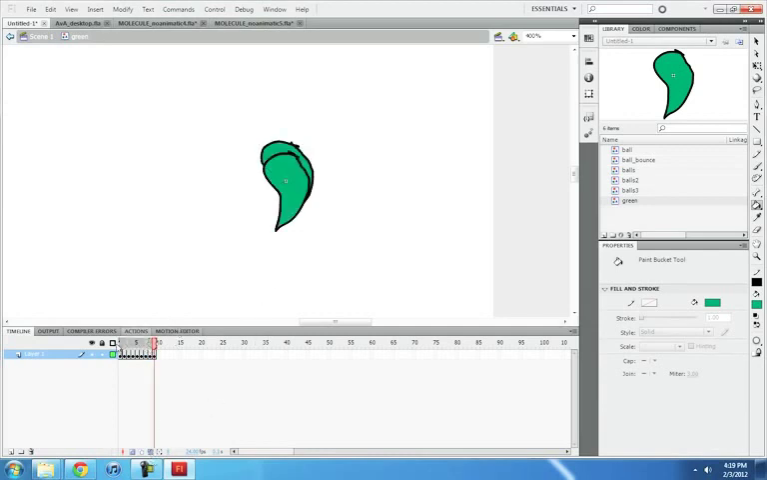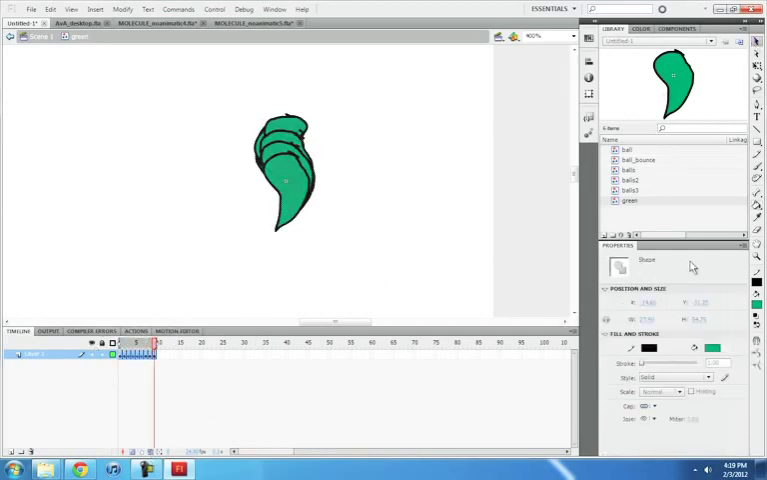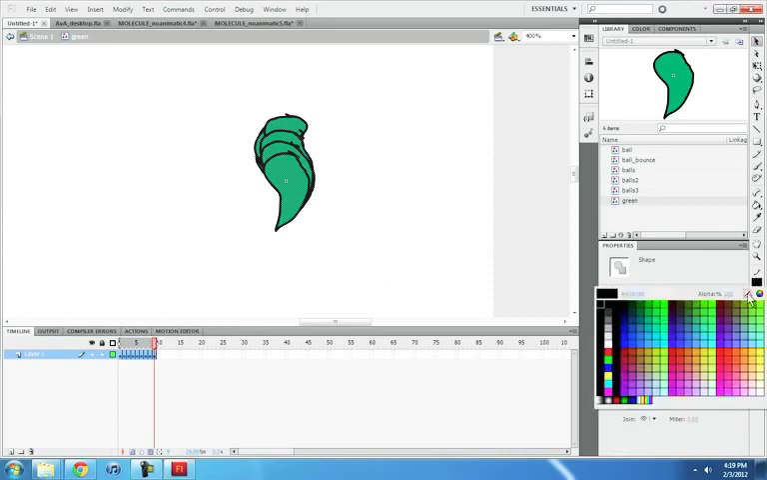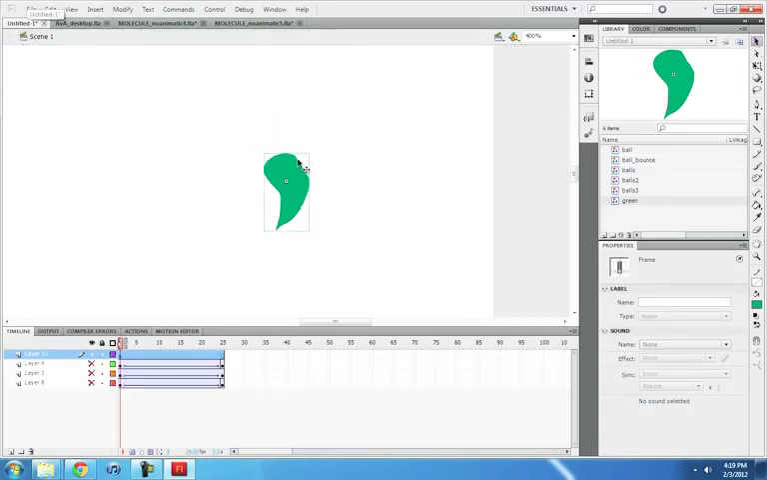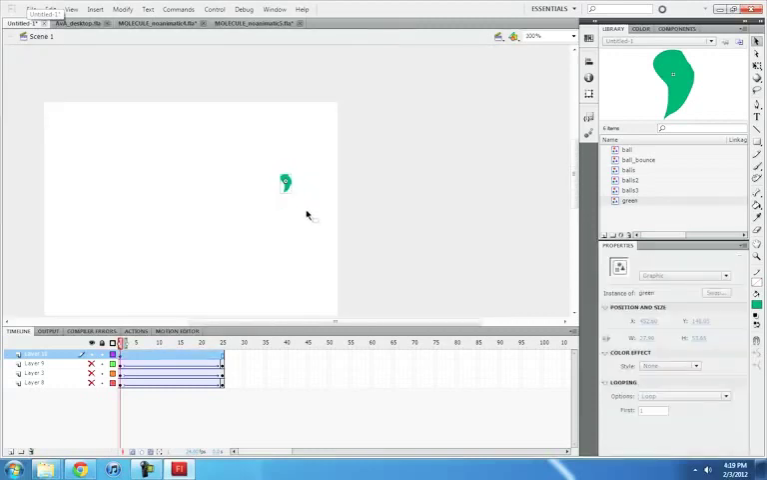Select all these frames, select all, and make the line invisible. Alright, so that is a quick little animation that I call green. Thank you very much. And I'm going to spray using the spray